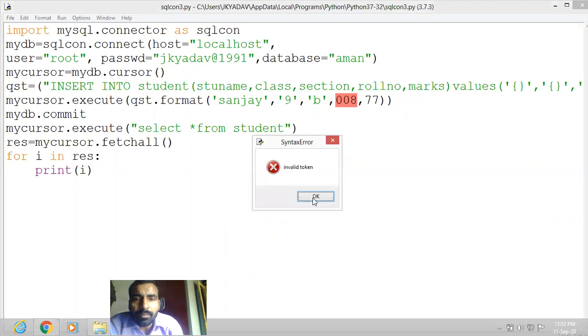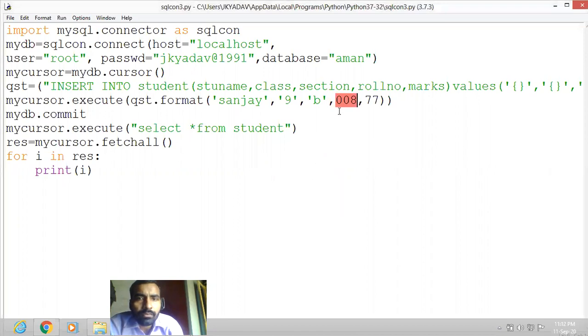What is the problem? Invalid token. My cursor dot execute qst dot format Sanjay 9B class section roll number marks.